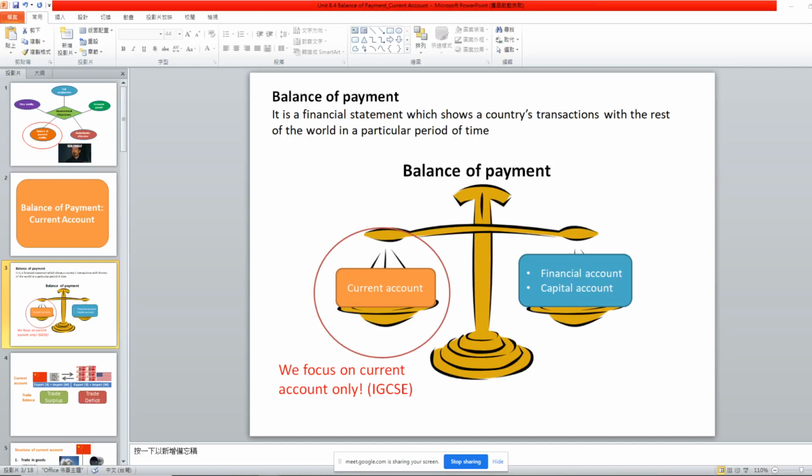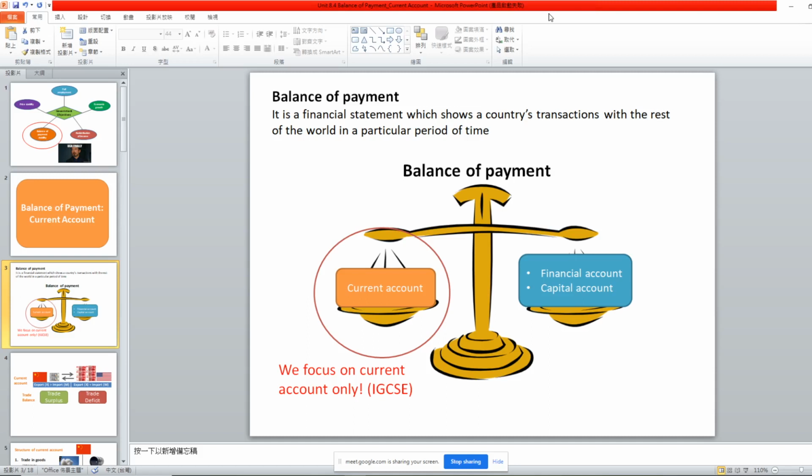Okay, so let's have a quick recap. Yesterday we were up to here, when we introduced balance of payment once again, but this time in more detail. And when we talk about balance of payment, we know that it's all about the transaction amount in your country with